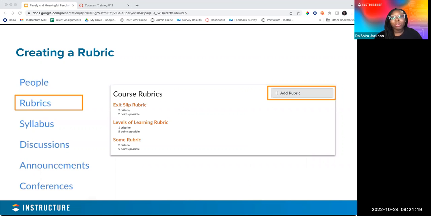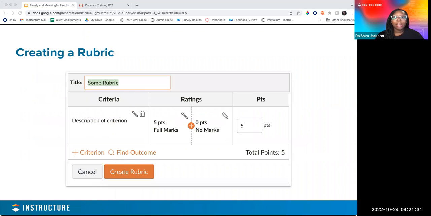And so you can pre-build rubrics by going into your Canvas course, going into rubrics in your course navigation, and adding it there. Once you add in a rubric, you can start adding in criteria, what exactly is this criterion? You can customize the ratings, how many points they're worth, the descriptions of the information on the rubrics.